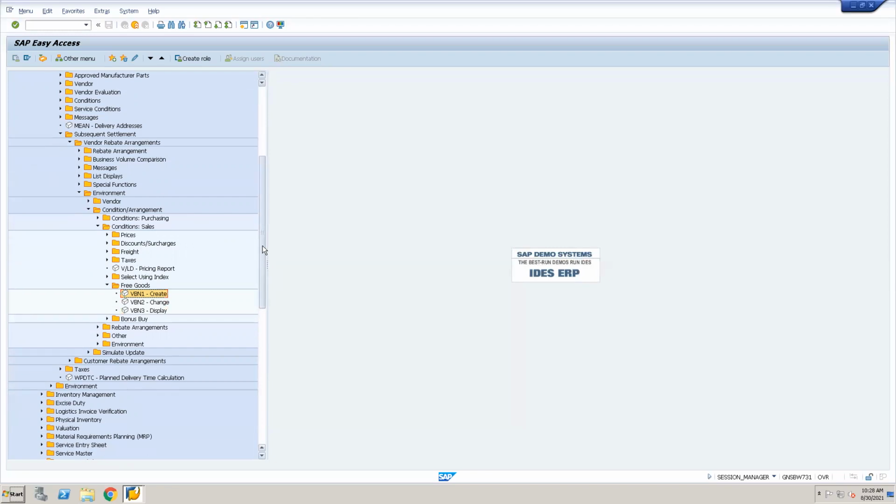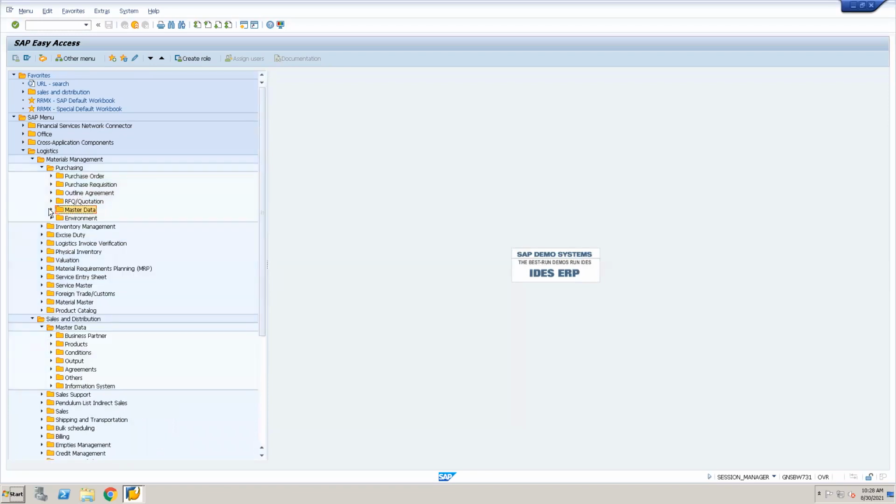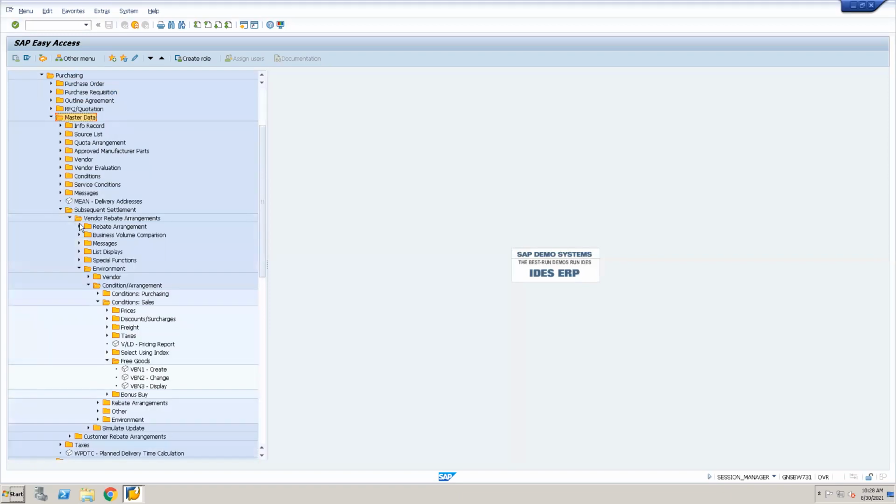So the path is, let me close this one. Under purchasing, it has opened under purchasing master data, but it should be under the sales and distribution master data, and we don't have that. Before this it had gone to condition sales.